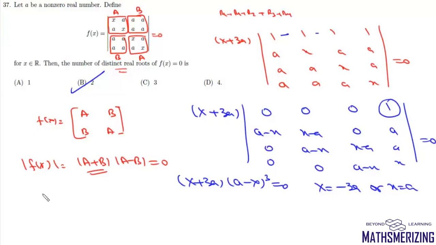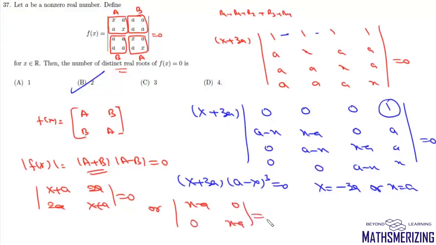Now we'll take A plus B. We can write this as x plus A, 2A, 2A, x plus A. Either it will be 0 or we'll write x minus A, 0, 0, x minus A will be 0. So from here we can write (x plus A) whole square minus 4A square is equal to